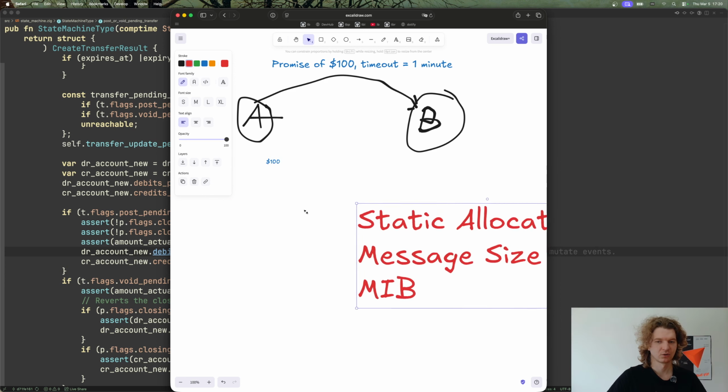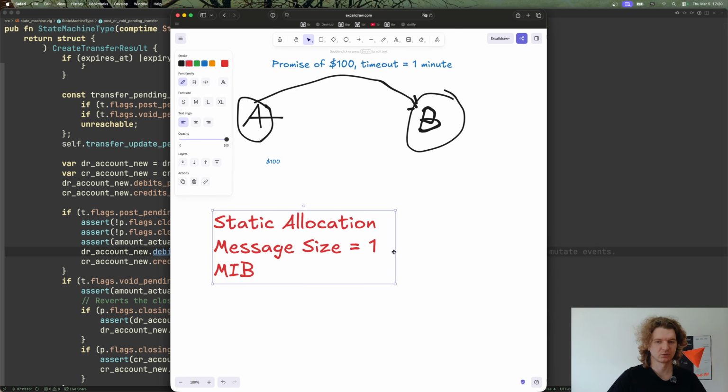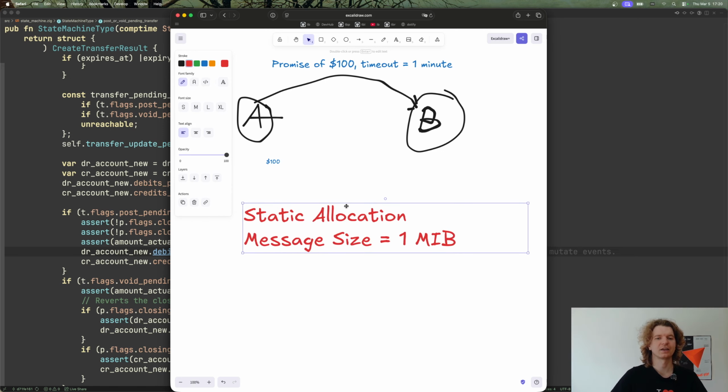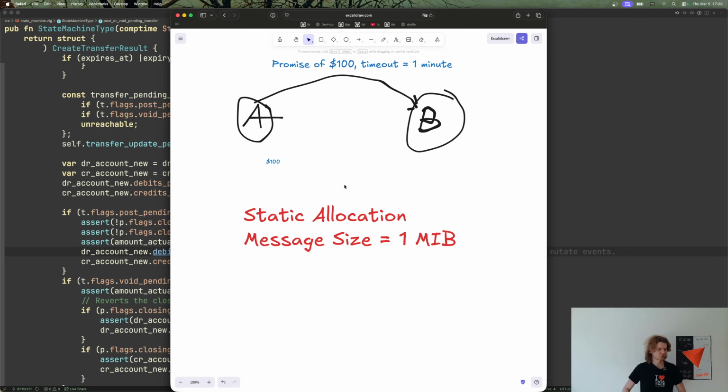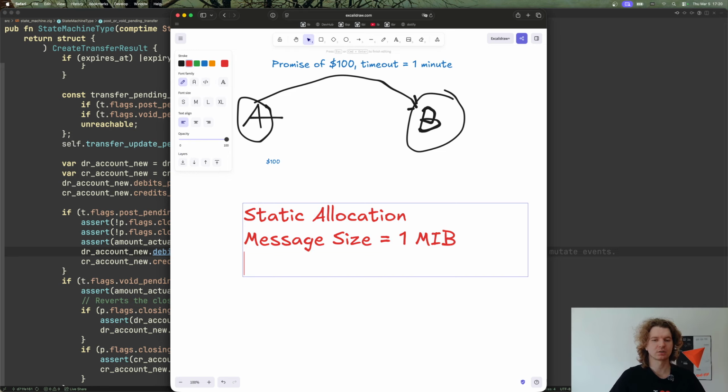If you send a message to Target, you can send at most 1 megabyte. And that means that a message is